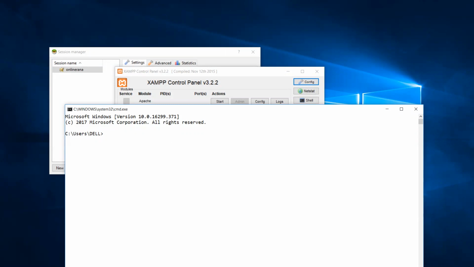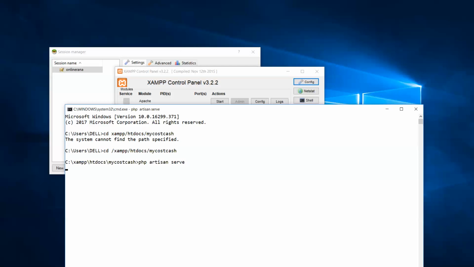I am in the terminal, so I will jump to my source. cd XAMPP, htdocs, and the original application is microstash, and we have to run cd XAMPP, htdocs, microstash. Okay, and let's run the source, php artisan serve,